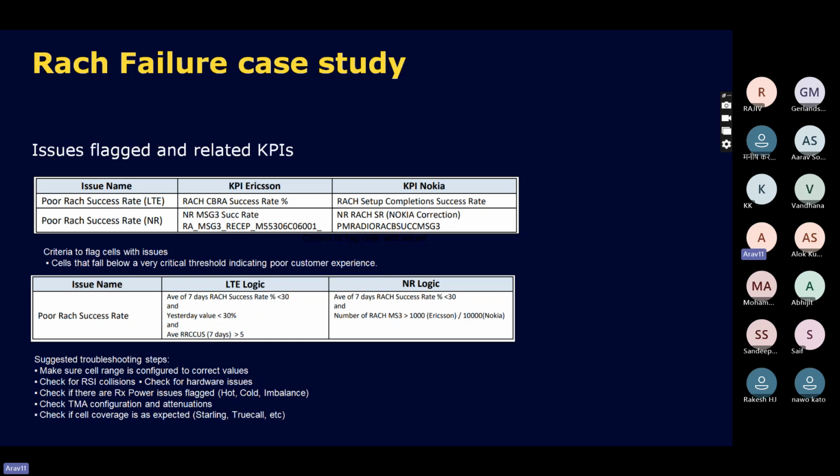So what are the troubleshooting steps for when this failure occurs? Here, make sure your cell range is configured properly. Also check for RSI collision. If there is an RSI collision, or the root sequence is not properly configured, then in that case